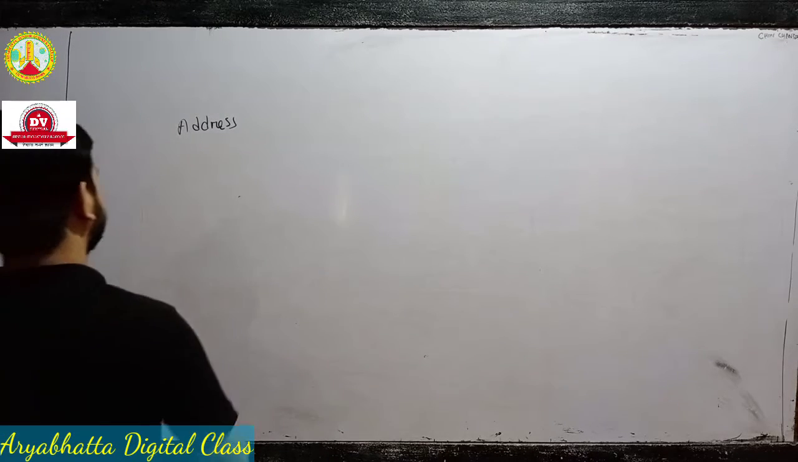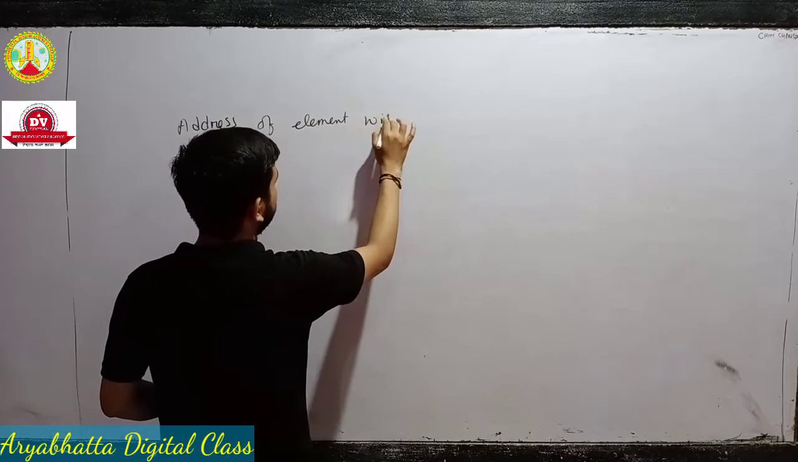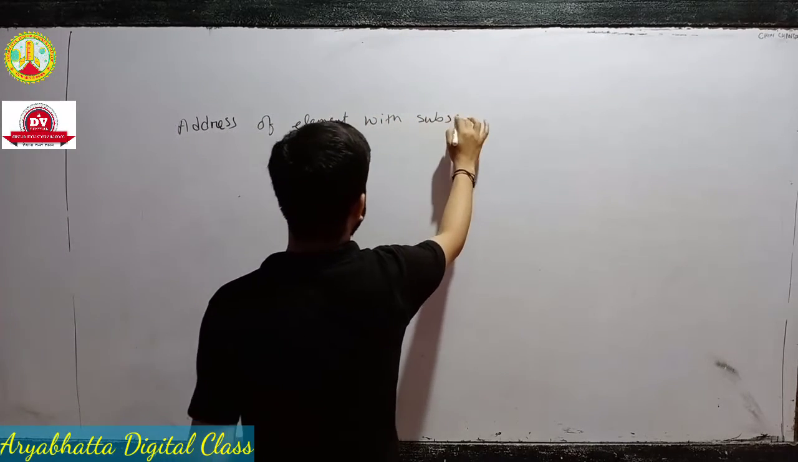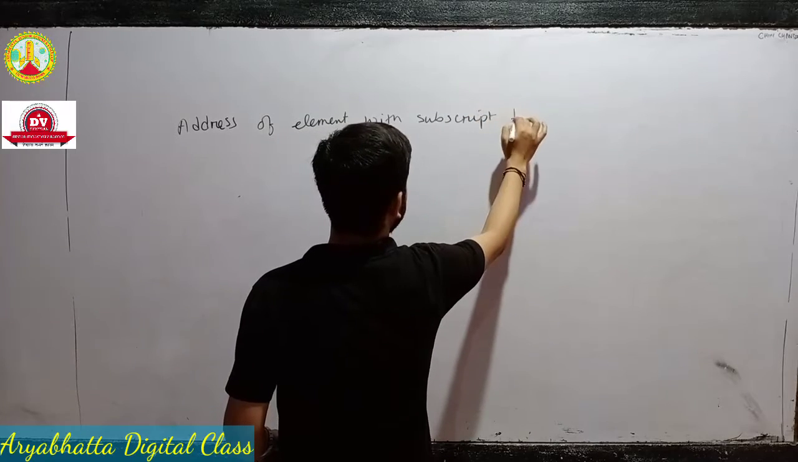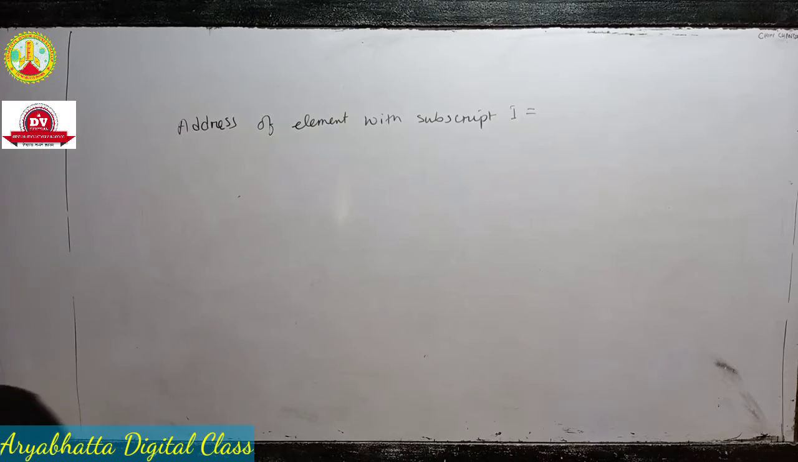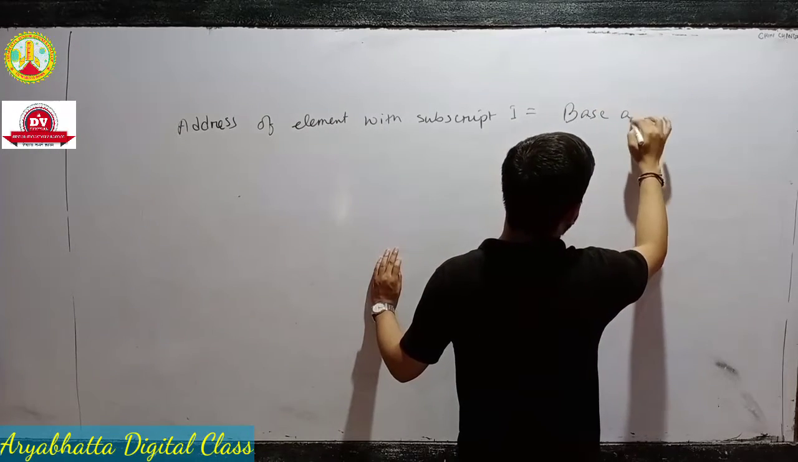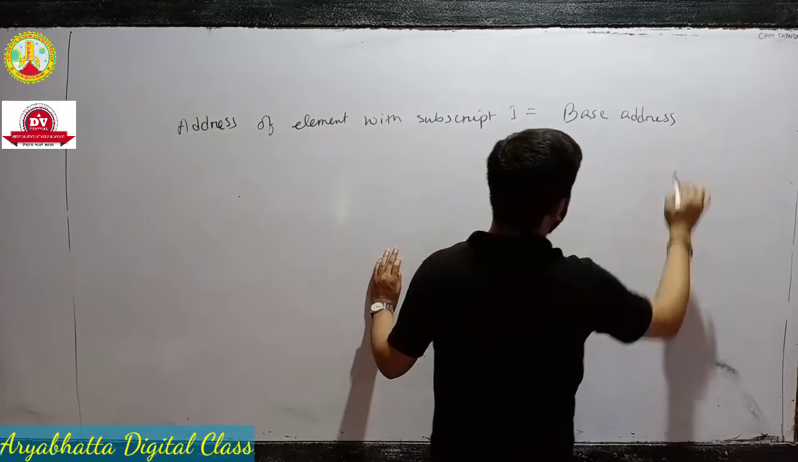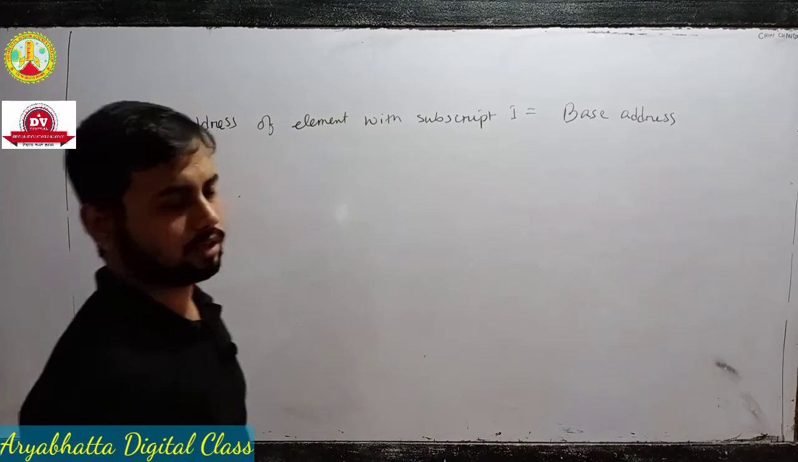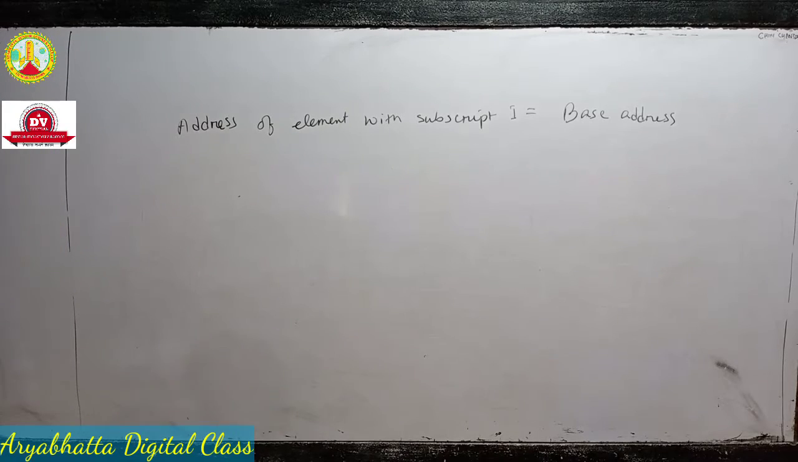Address of element with subscript I. Address means memory address, okay. Base address, I already taught you what is base address. It is the first memory address of the array. The first memory address of the array is called what? Base address. Plus ES